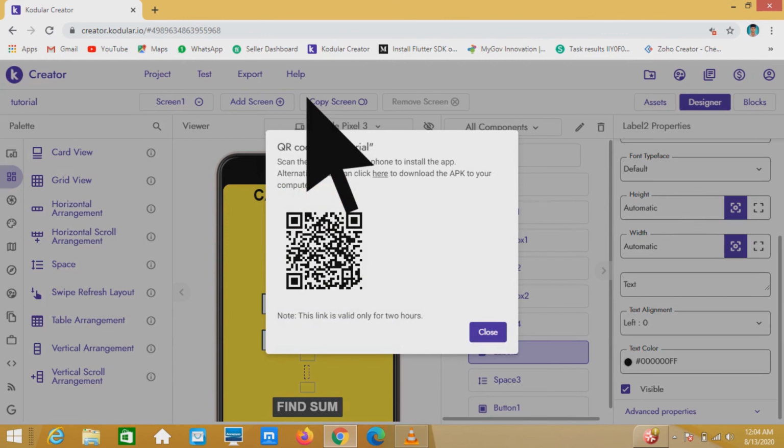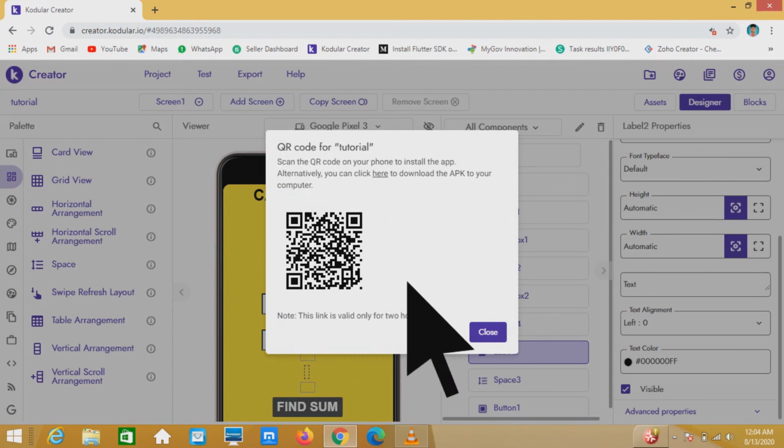Now we have the QR code. You should scan this on your Android device and the app will be installed on your device. Ignore every warning that will show on your device and install it. Because you have built this app, there should not be any privacy related issue. In the next video, you will see a higher version of the same app.